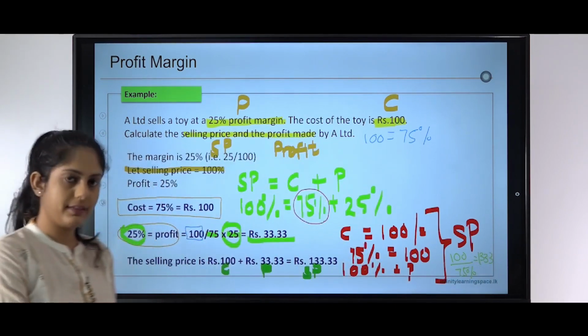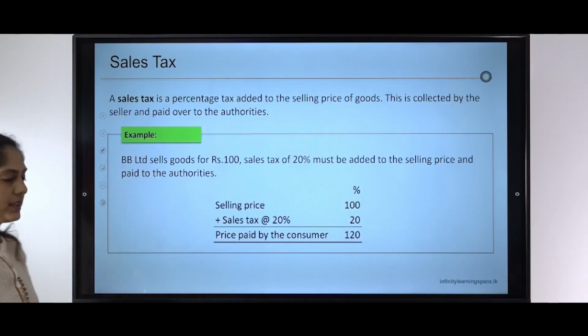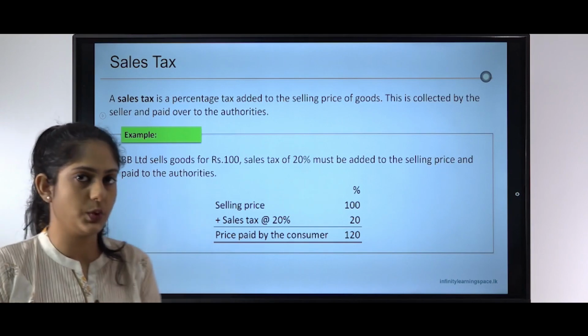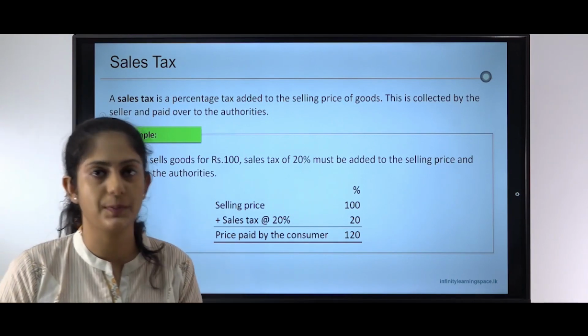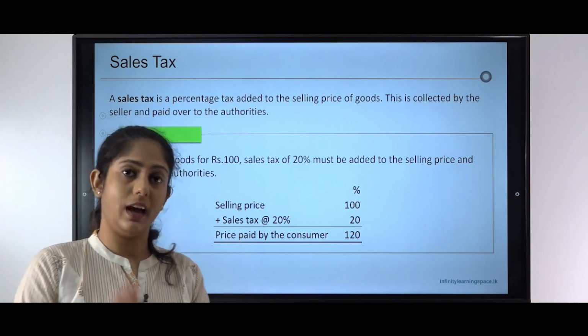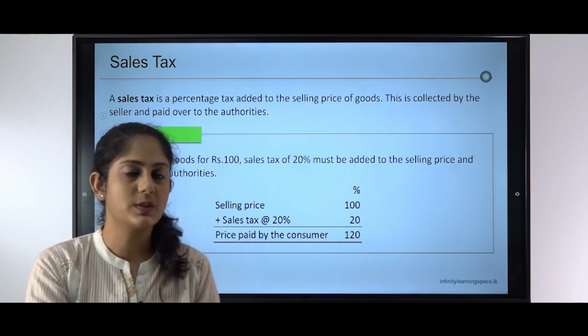Right? So you could have done it that way as well. So now we are going to look at percentages again, but now for taxes. First we looked at how you use percentages for profits. Now we are going to see how to use the same percentages, but now you will be using it for